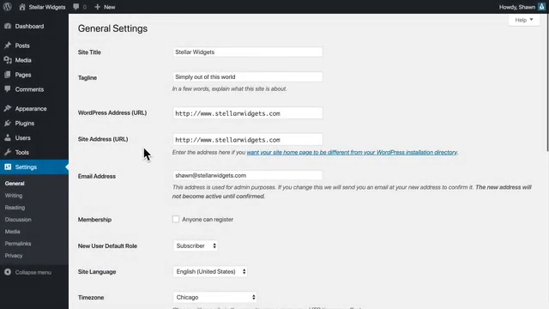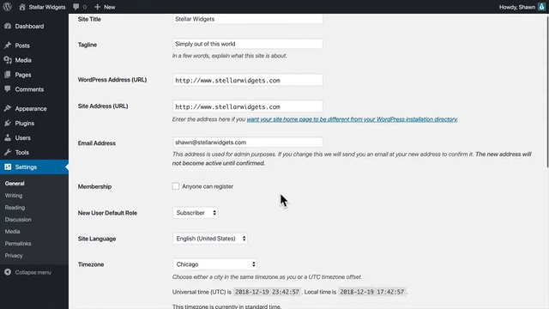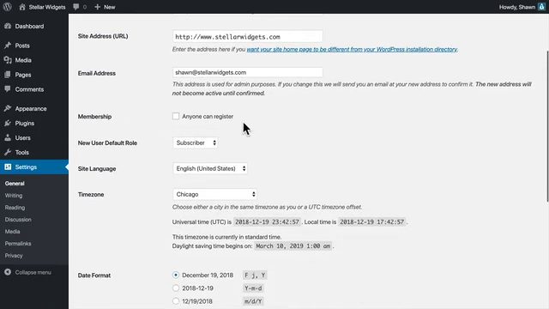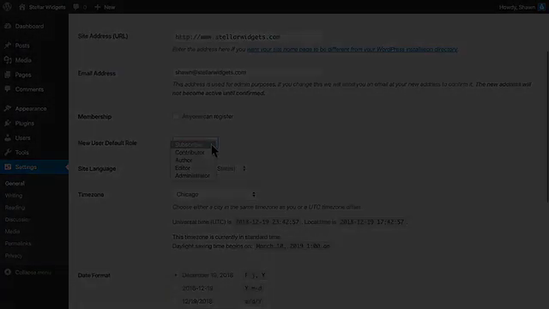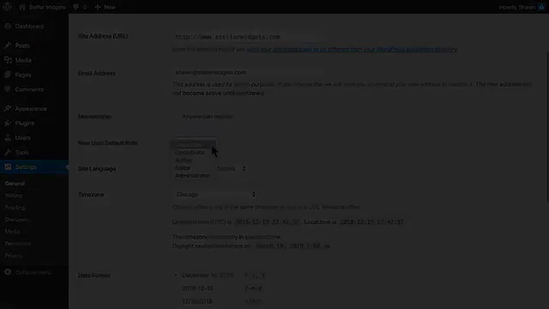web address. The admin email address is where WordPress will send automated email notifications for things like new user registration notices. Choose whether or not you want your site open to registration. And if you do choose to enable open registration, you'll also want to specify the default role for these new members. It's a good idea to set this to subscriber, since subscribers can read but not publish or edit content